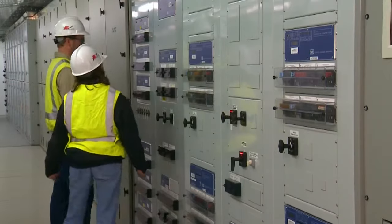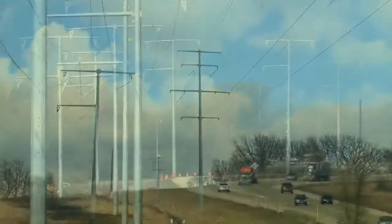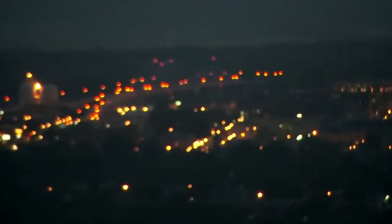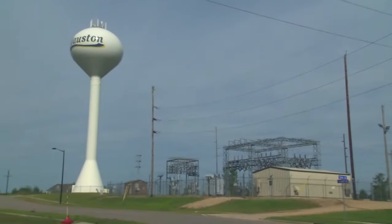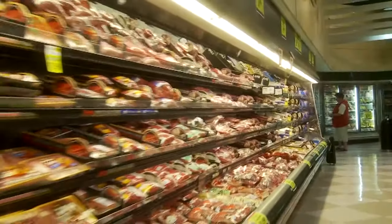Operators monitor the flow of electricity over tens of thousands of miles of transmission lines, every second of every minute of every day. When transmission lines reach communities, electricity from the transmission grid is reduced to lower voltages at substations. Then finally, your local electric company distributes the power to homes and businesses through a network of lower voltage wires